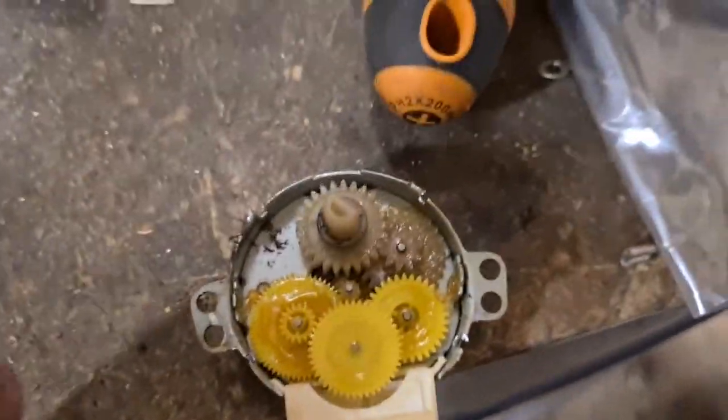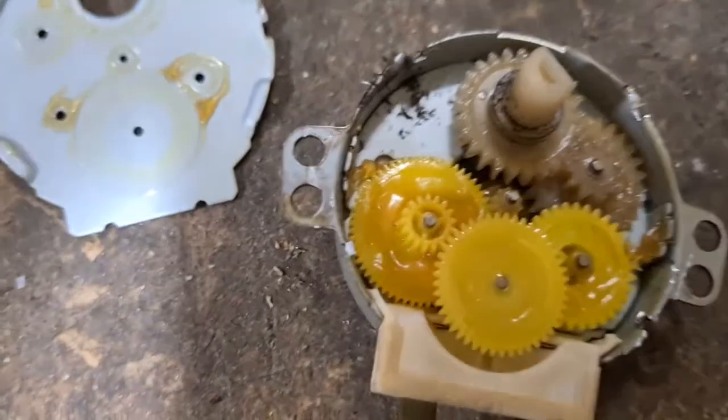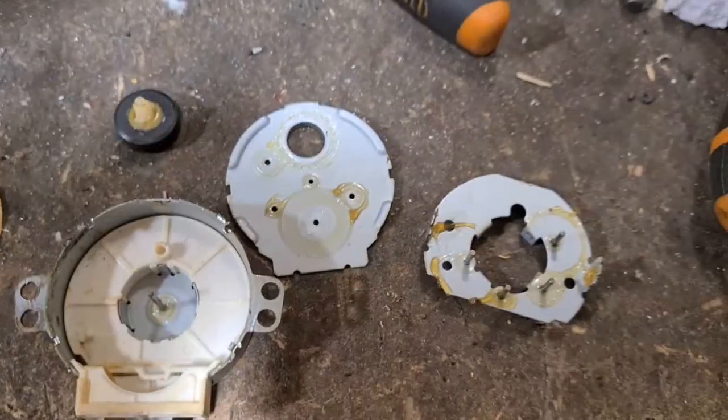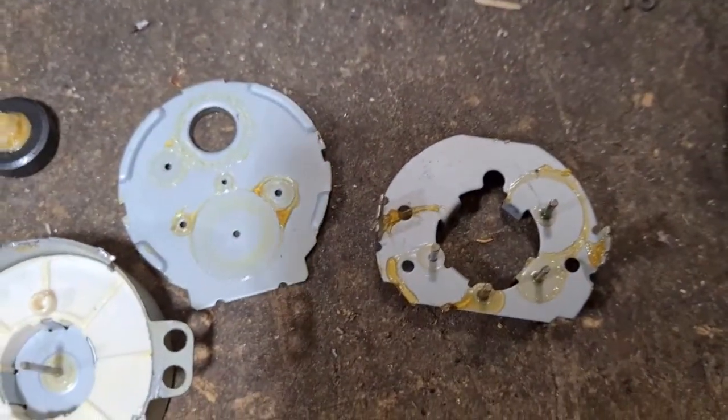So with the top plate off the motor, you can see there's a little cog mechanism in there. Looks like it's fairly well greased, so I'll remove those cogs and try and not get grease all over my fingers. Okay, we've removed the cog plate, which is what you can see here,